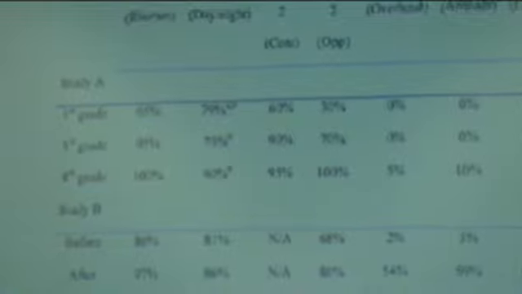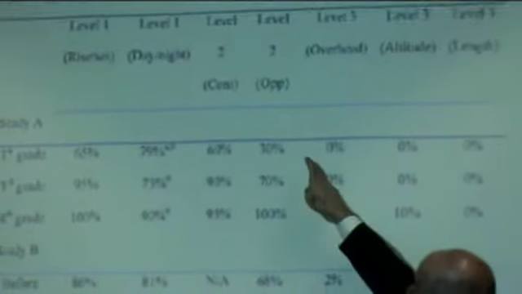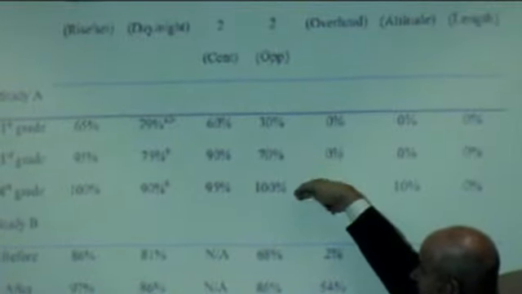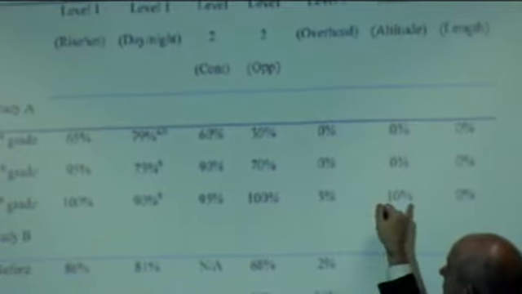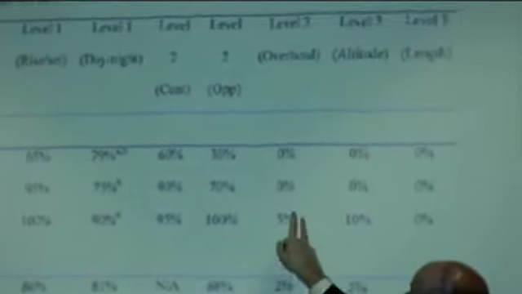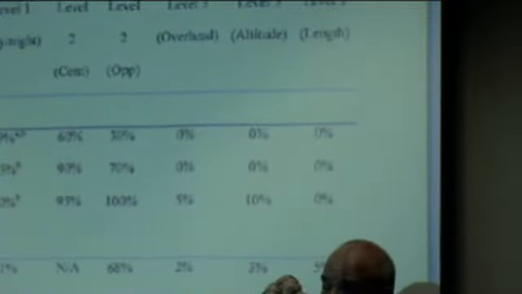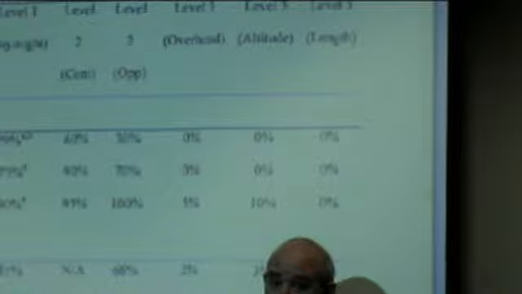Take a look at level 2. We're seeing a pretty big jump here. We're going from 60 and 30% of first graders getting the concept at level 2 to 90 to 70. Just about 100% of them by 8th grade. Look what's happening here now with level 3. The fact that the sun isn't directly overhead at noon, the fact that there's a change in the altitude, the length of the days changes. Nobody, we're just beginning to see this whole pattern move.